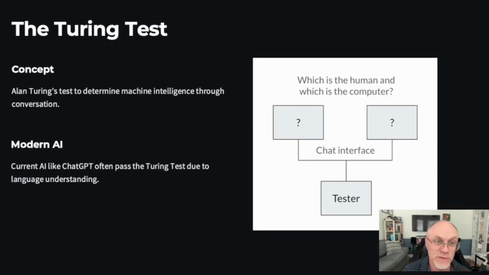Here is a diagram that shows you the Turing test. You're having, through a chat interface, this is generally how it was defined, that I'm talking with two different people or entities, and one of them is a person, the other is a computer, and can I tell which is which? So again, rather than a mechanistic understanding of the internals of how something works, whether it is acting intelligently or not, this is a behavioral approach. So from the outside, my interactions with this entity, does it appear to be intelligent or not? And a good measure of that was, if I can't distinguish it from a person, then that seems pretty intelligent.